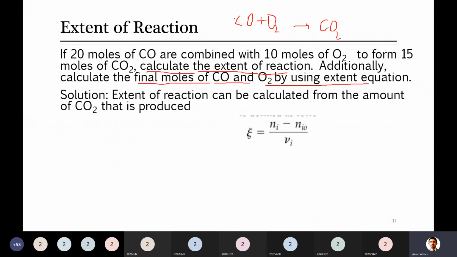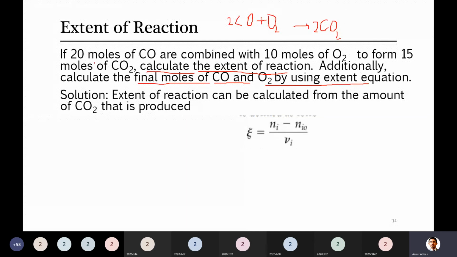Because if you look at the given equations, if you just balance this equation, I think there will be 2 moles of CO and it will react with 1 mole of oxygen and give you 2 moles of CO2. I think now the equation is balanced, which I have done. Yes, it is balanced. So in this you can see that when there are 2 moles of CO, you need 1 mole of